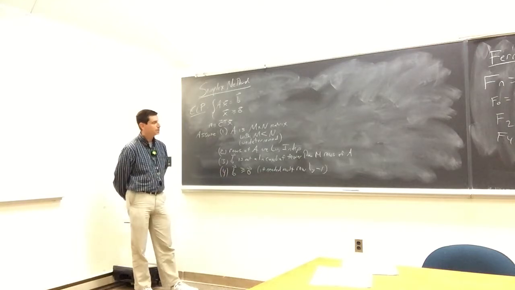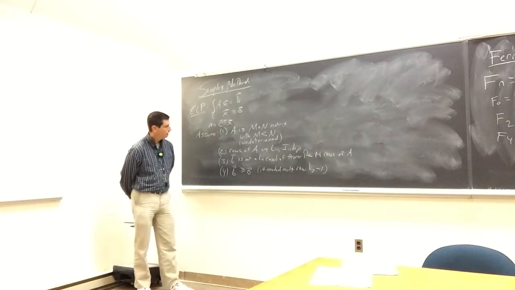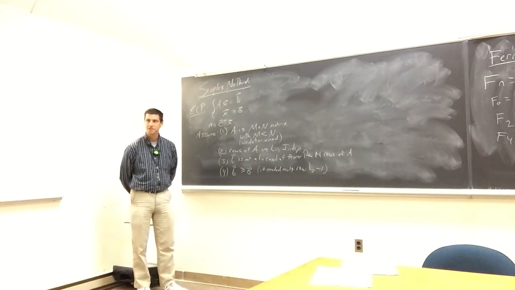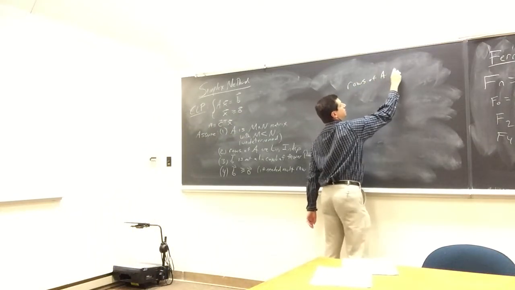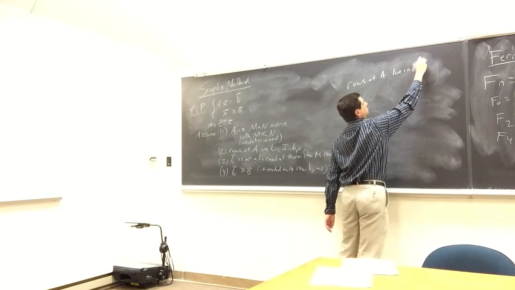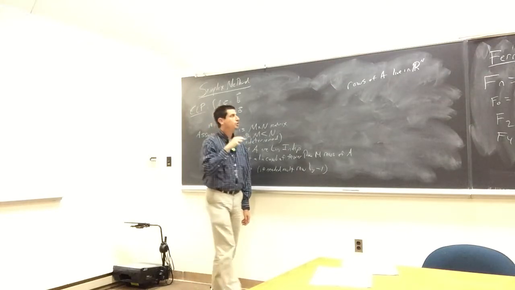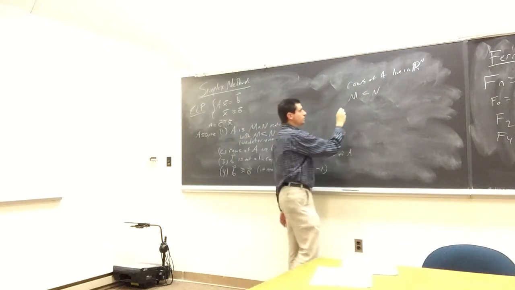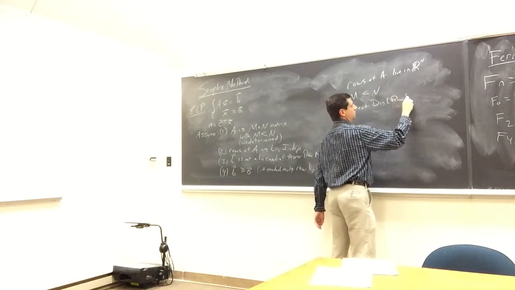So the last one is that B is not a linear combination of fewer than m rows of A. All right? Well, with high probability, my matrix A has m rows, and these are vectors in n-dimensional space. So the rows of A live in R^n. And we know that m is less than n. So what do you expect the dimension of the row space of A to be?